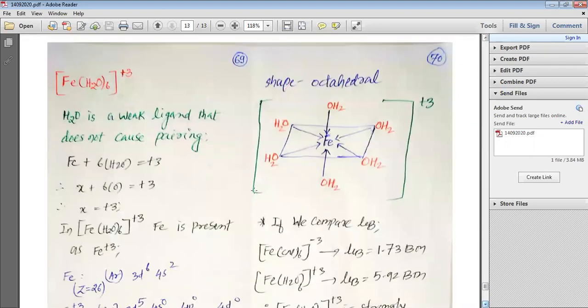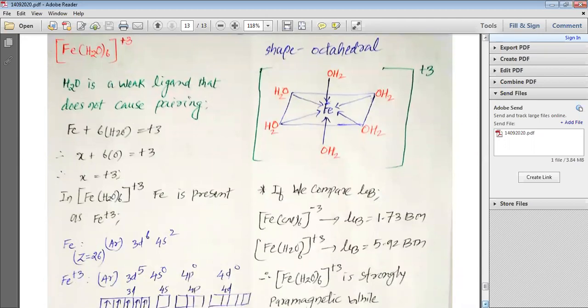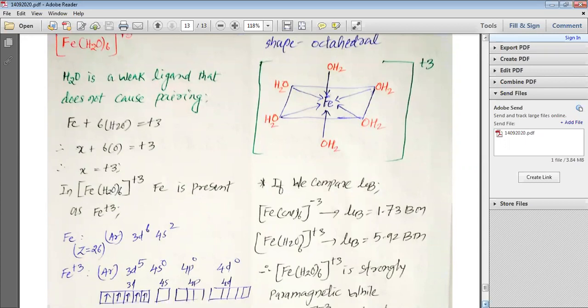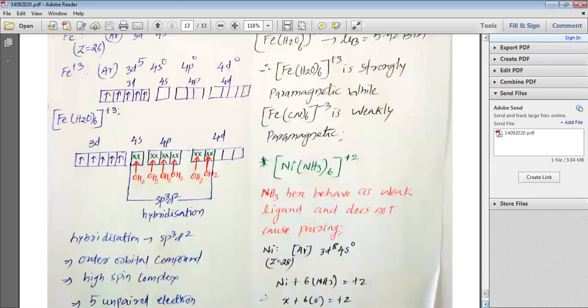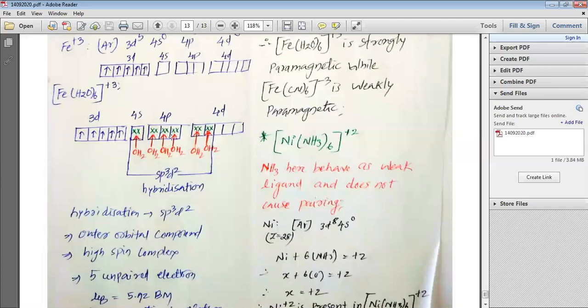Now we are going to study about Fe(H2O)6 plus 3. My dear students, H2O is a weak ligand that does not cause pairing. The oxidation state of Fe(H2O)6 plus 3 would be plus 3 because H2O has a 0 charge, and thus Fe, atomic number Z is equal to 26, argon 3d6 4s2. Fe plus 3 would be argon 3d5 4s0 4p0 4d0. Here H2O behaves as a weak ligand and does not cause pairing, and that is why using 1 4s, 3 4p